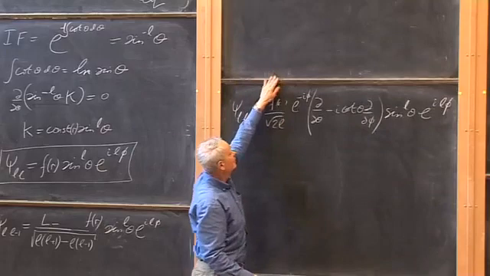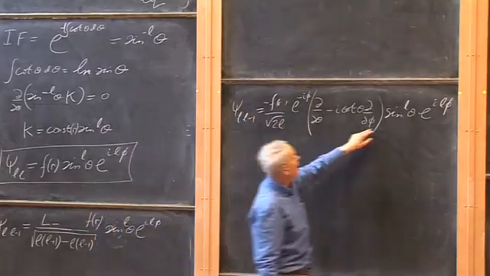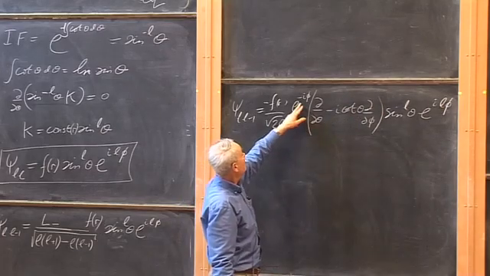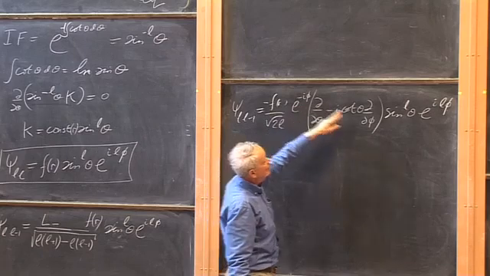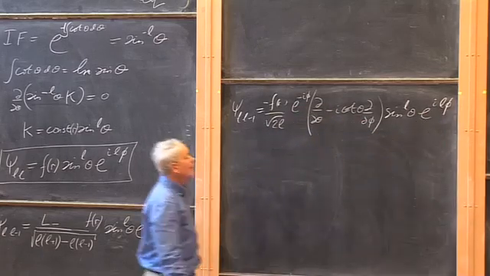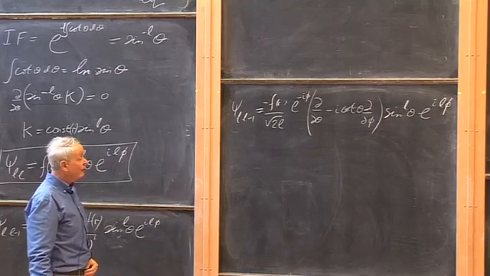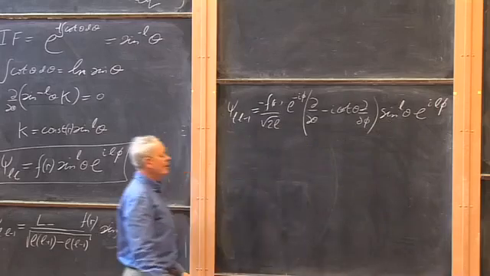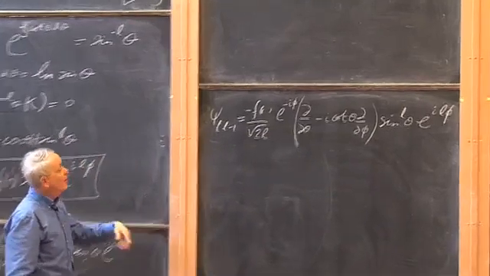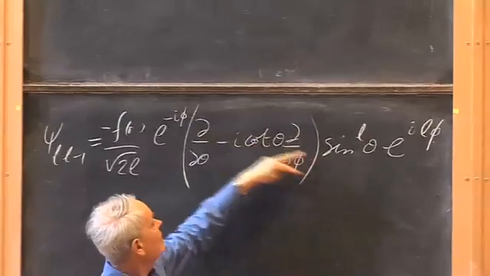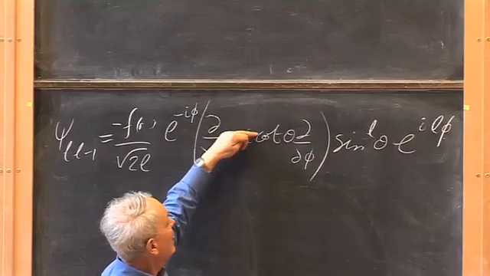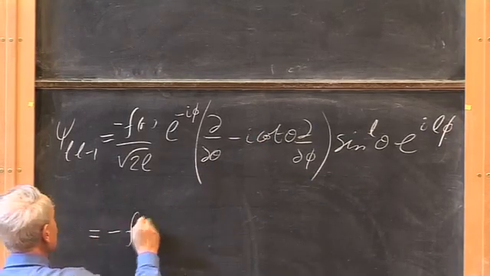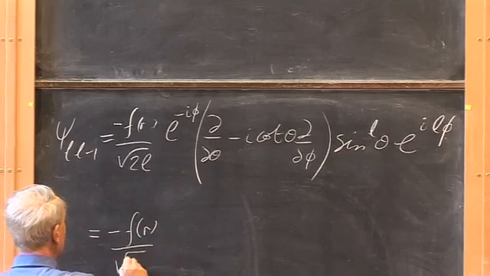And what are we going to get? This d by d phi will again bring down an L, etc. And then this exponential will take 1 off that, so we'll end up with something that goes like e to the i L minus 1 phi. This will differentiate sine to the L and produce L sine to the L minus 1 times a cosine. This cotangent, multiplying that, because this is cos over sine, will again produce a cos times sine to the L minus 1. So the whole thing is going to be minus unspecified function of radius over the square root of 2L